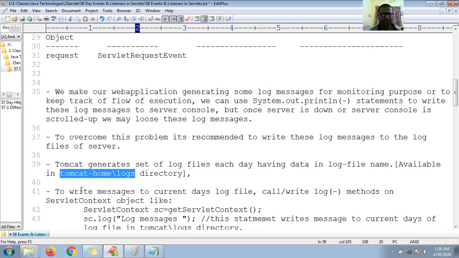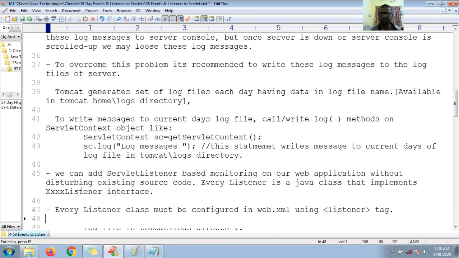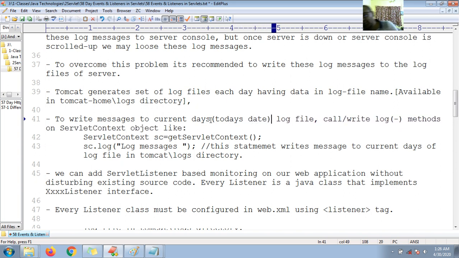But I'm not interested in using system.out.println. So how can I work? To write the messages to the current day's log file, today's date log file,